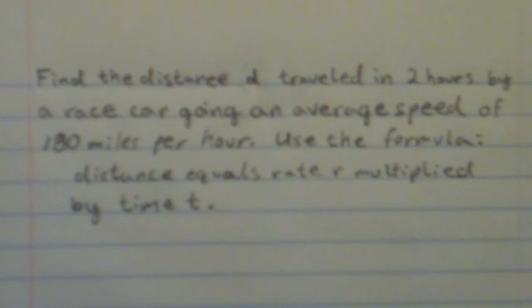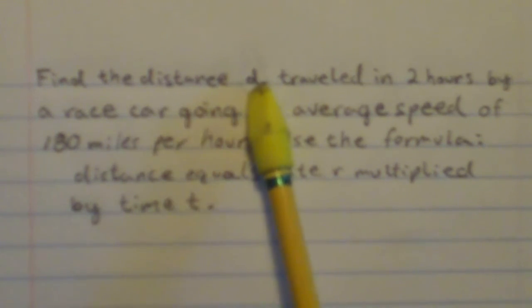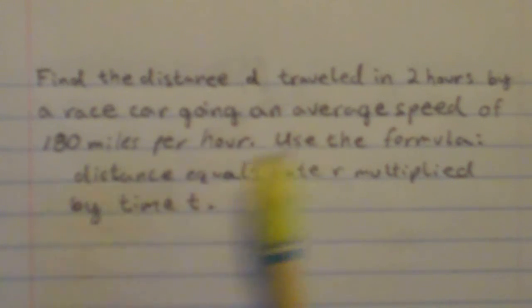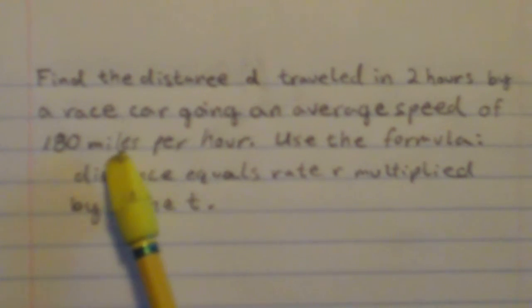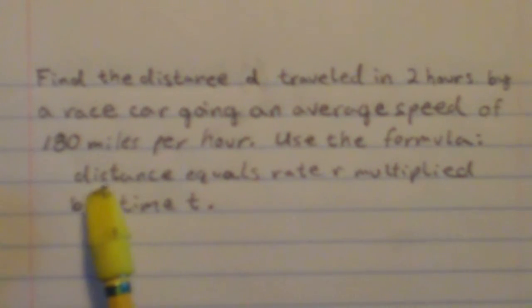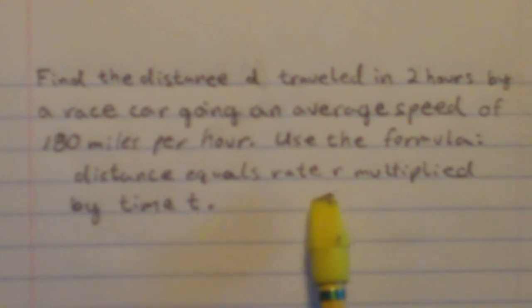Okay, we're going to evaluate rate and time to find distance. So this is the example problem they give us. Find the distance d traveled in 2 hours by a race car going an average speed of 180 miles per hour. Use the formula: distance equals rate, which is r, multiplied by time